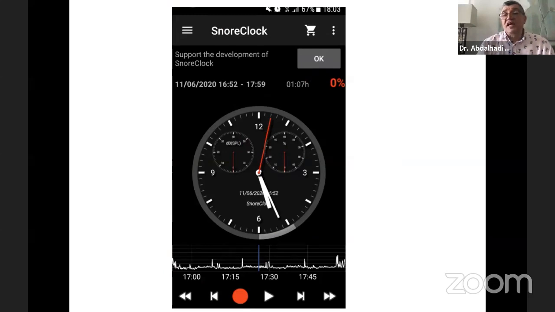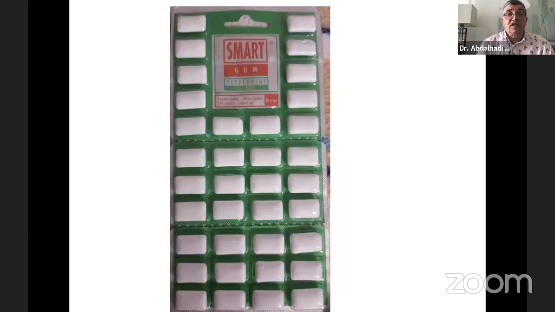So from somebody that snores very heavy, like a train, I couldn't sleep in his apartment. And he will tell you his story in a few seconds. And he sent me this. He said, okay, doctor, I bought this gum and I find it very good to put on the roof of my palate, better than your wax.